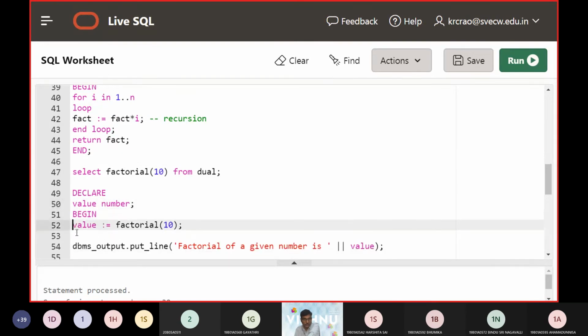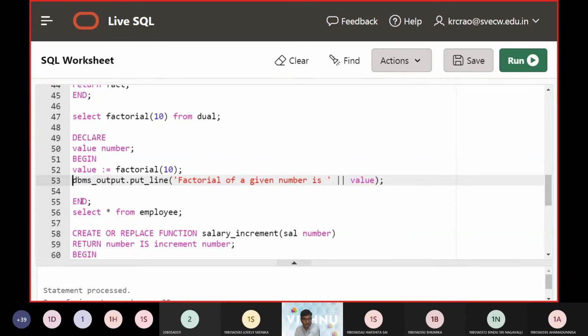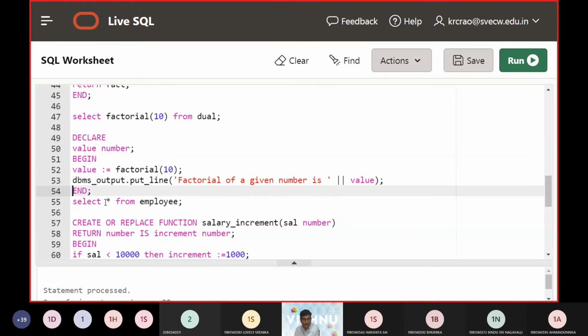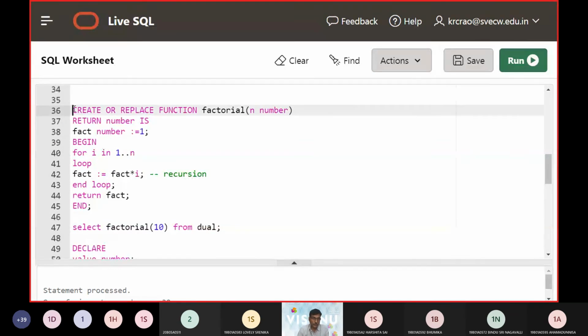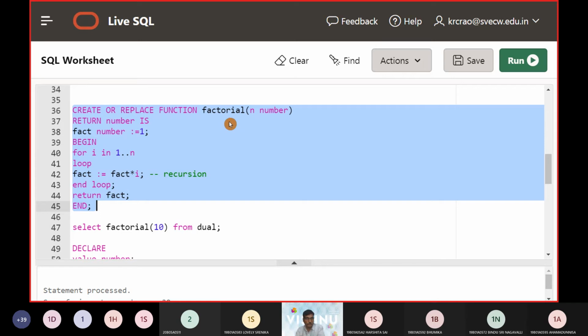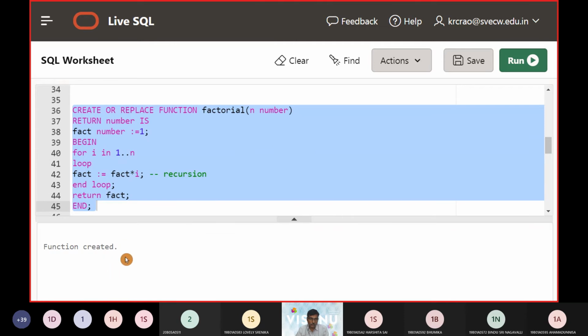You can either call the function via a PLSQL statement or directly from SQL. So now you can see this function with the factorial, and its return type is given as fact. It moves from 1 to n, and the loop executes with fact into I, and that's how we got this factorial function.